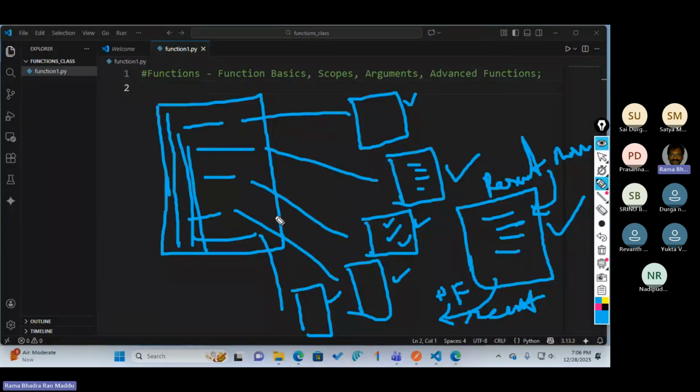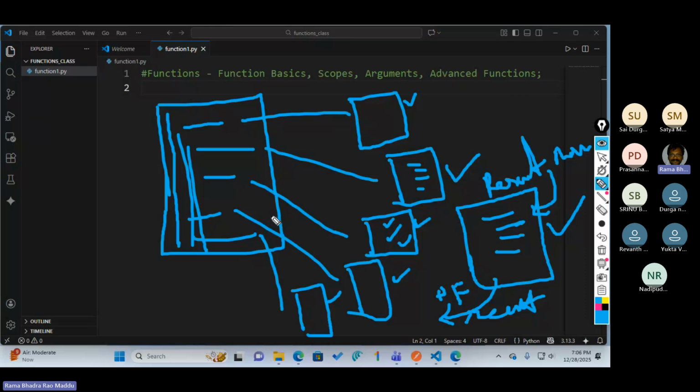This is the main advantage of functions. One is code reusability, and the second is making the whole program into small pieces, and whenever a problem occurs, it is easy to debug and test. This is the main motive of the function.